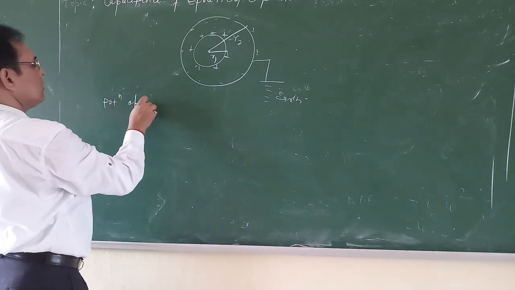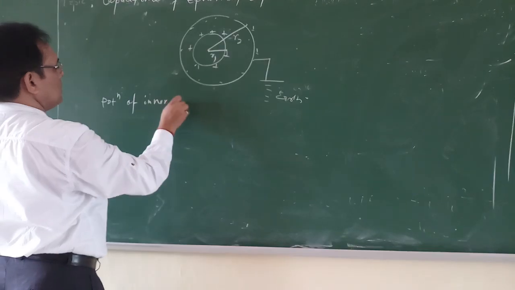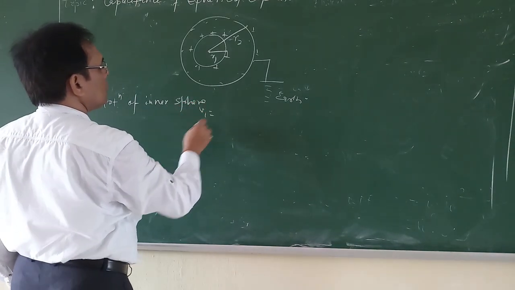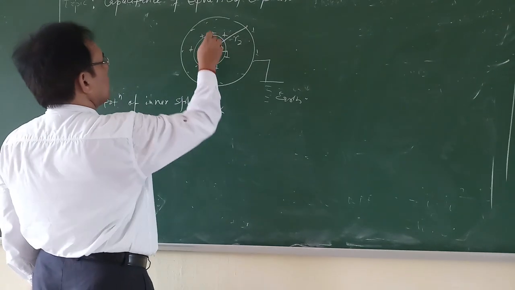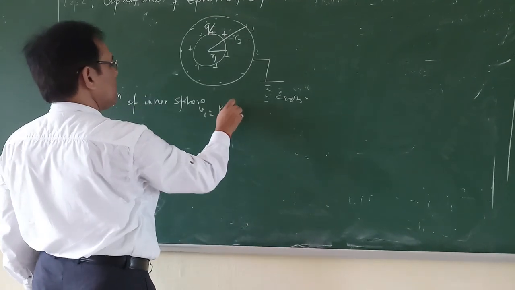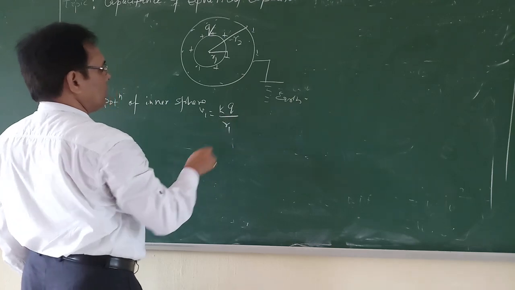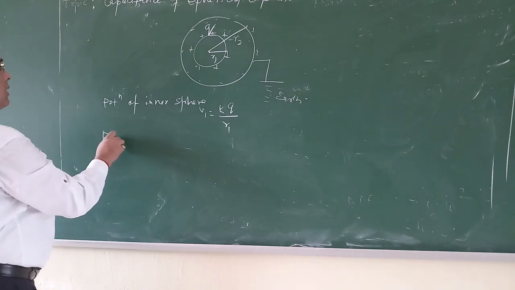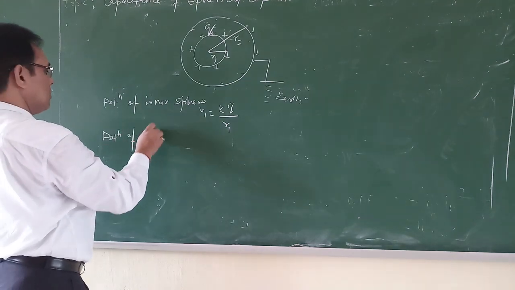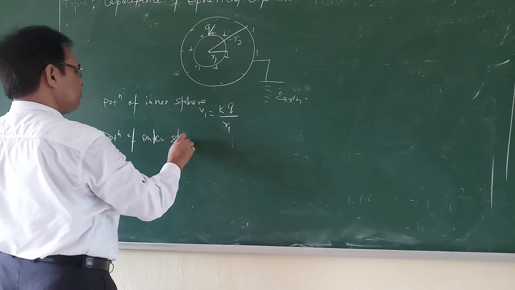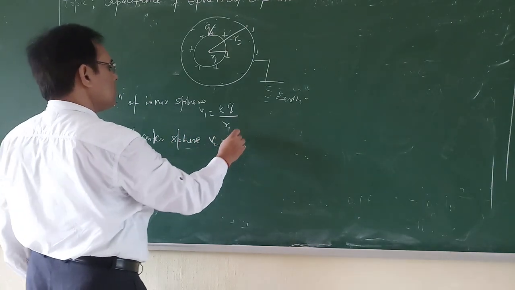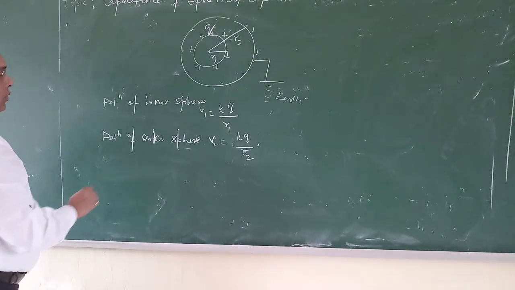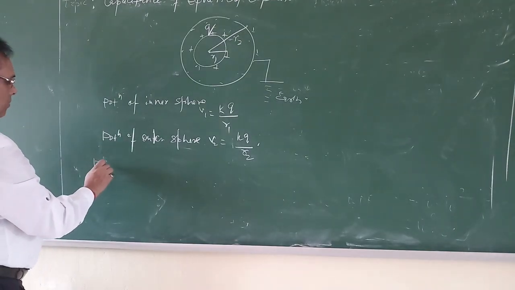Potential of inner sphere V1 equal to, use the formula KQ. Let Q be the charge. So KQ by R1. This is the potential. Similarly, potential of outer sphere V2 equal to KQ by R2. So total potential difference